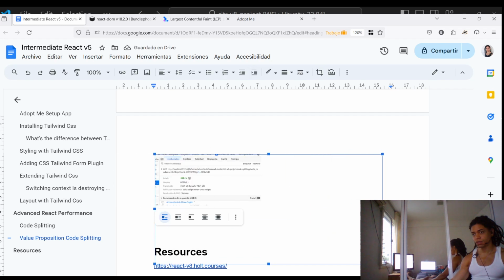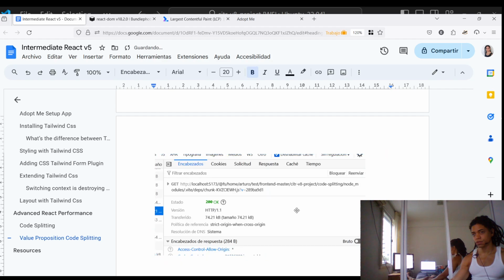And what Vite is telling you is the package that it used. But you can see here, Vite: what is the package that I'm using to do this code splitting? Because if you don't indicate that, for example, if you go back here and say, hey, I want you now to